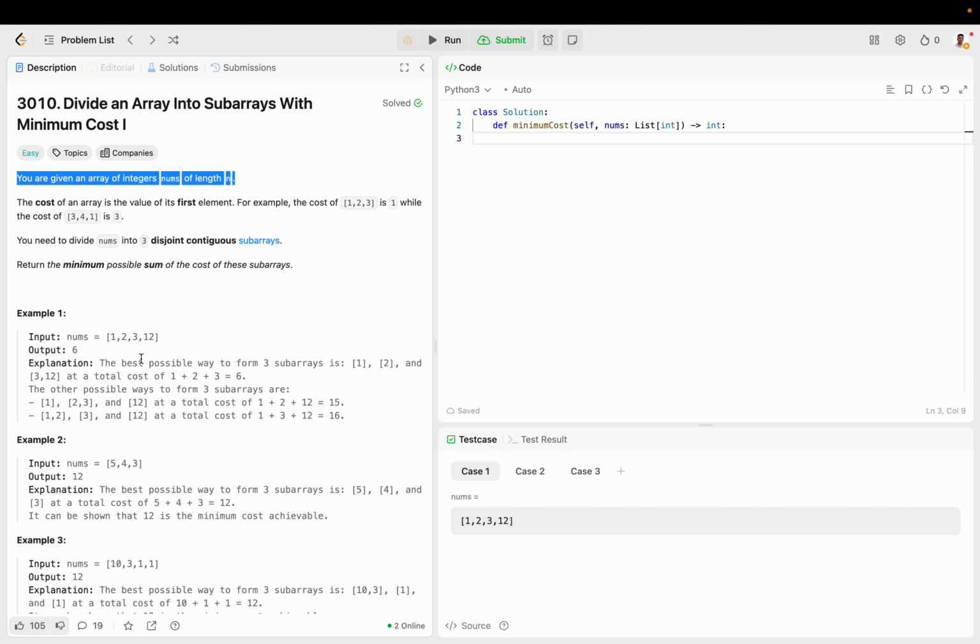So you're given an array of integers nums of length n as usual, integer list, integer array. And basically they want you to identify the cost of an array, which is going to be the value of the first element of a subarray. Then they ask you to divide the array into 3 chunks, and then find the minimum possible sum of these chunks. So that just means basically cut the array into 3 parts, and then find the smallest value that you get from essentially combining the 3 parts, or adding together the 0th index element of the 3